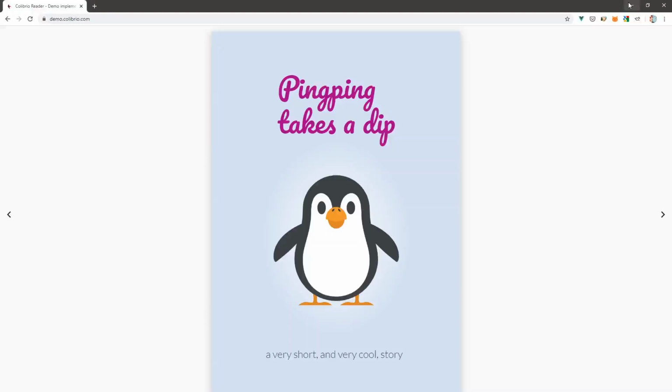I've also tried to make this accessible, at least a simple way of adding accessibility, which is that you can actually use your tab key to experience the publication, even though you might have some kind of, let's say, sight impairment or something. So I'm now going to tab. Ping Ping Takes a Dip, a very short and very cool story,